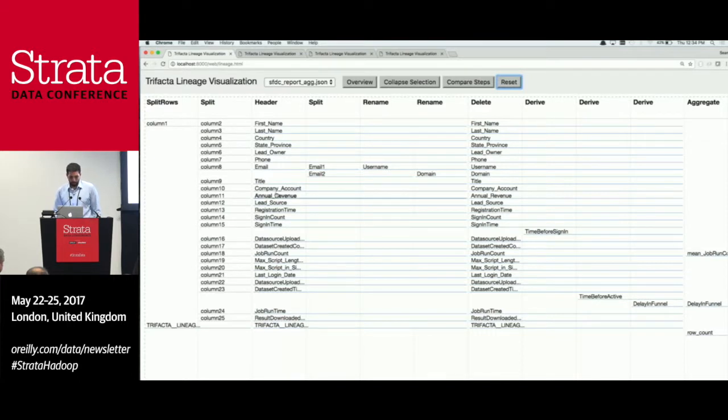So again, this is the same visualization we saw before. We have the header, or the names of the columns, going across. We have the recipe steps. And then we have individual attributes in the graph here. So I'll just go through some of the basic interactions and then show how we start scaling this up to